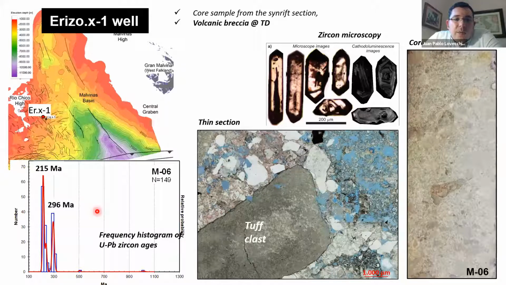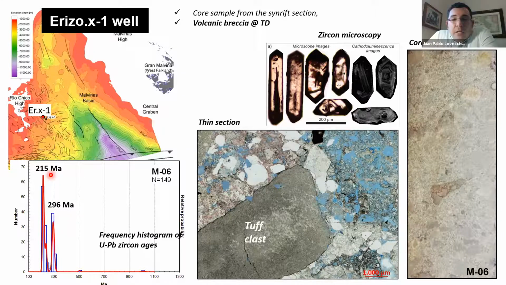we interpret the youngest age as the maximum depositional age. In this case, because it's volcanic and very proximal, we interpreted a crystallization age of 215 million years ago, which is late Triassic for the Malvinas Basin. And you can see here in the seismic line that that sample was recovered from the bottom of that well